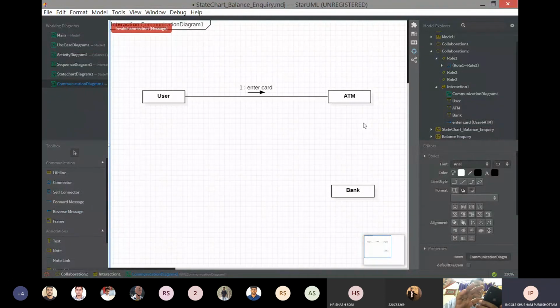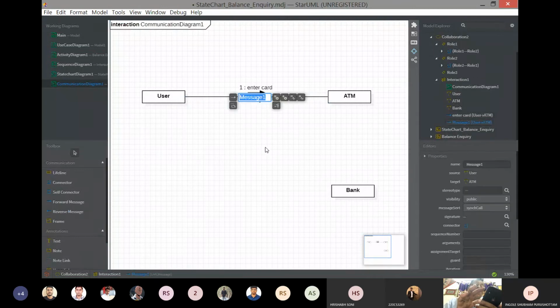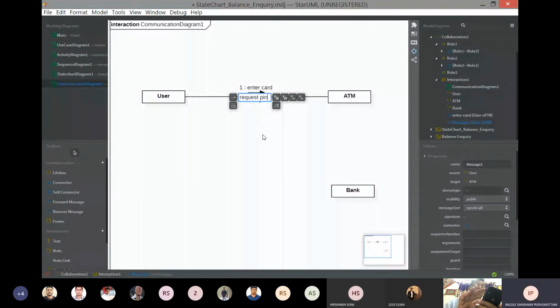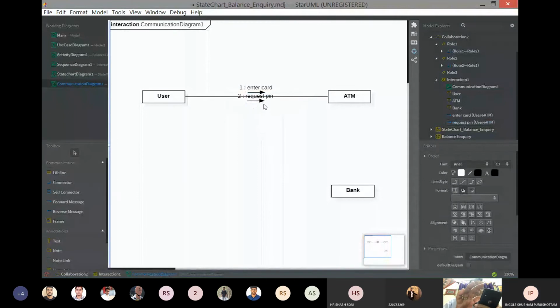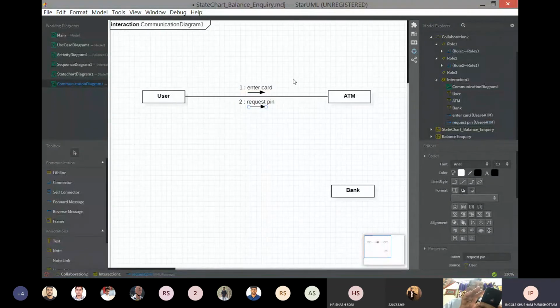We can reverse it. And you can see it's same as the sequence diagram. This arrow should be from user.